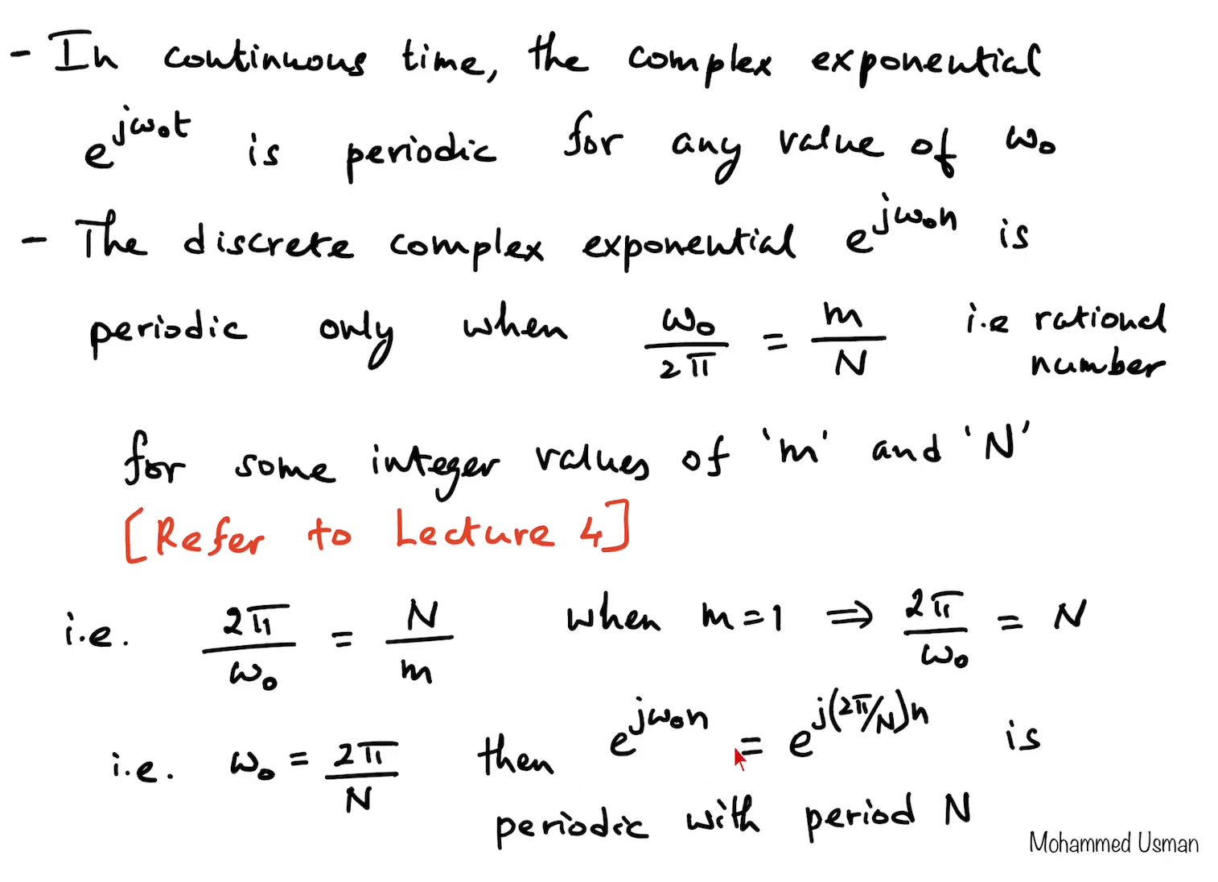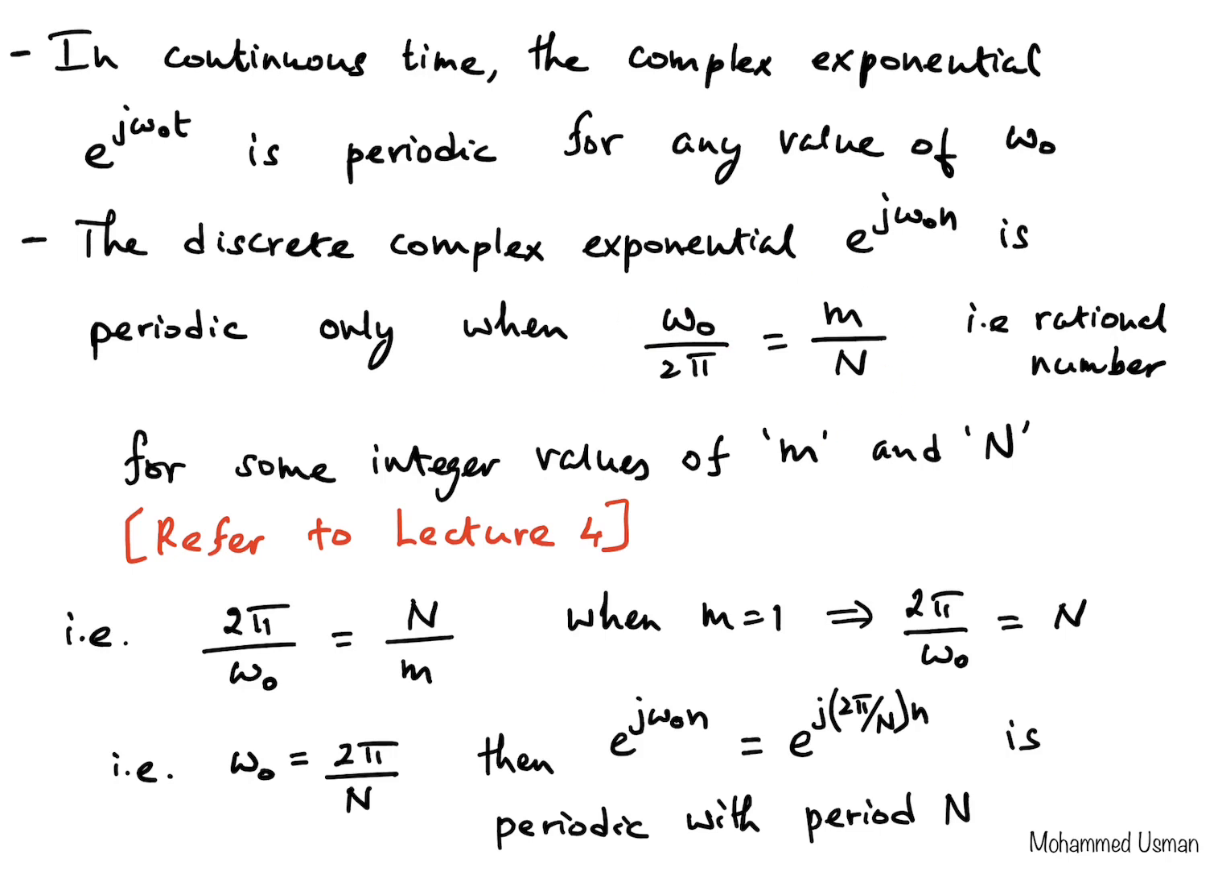So the complex exponential in that case becomes e power j omega naught n. In place of omega naught, we have 2 pi by capital N, so e power j 2 pi by capital N into small n, which is the index value for the samples. Okay, so this is the first important point that we need to remember: for the discrete complex exponential, the frequency omega naught should satisfy this condition